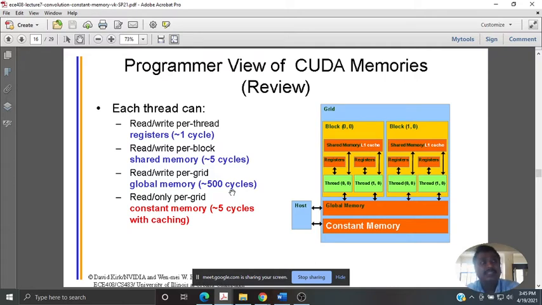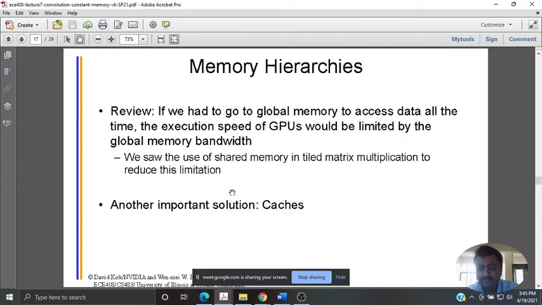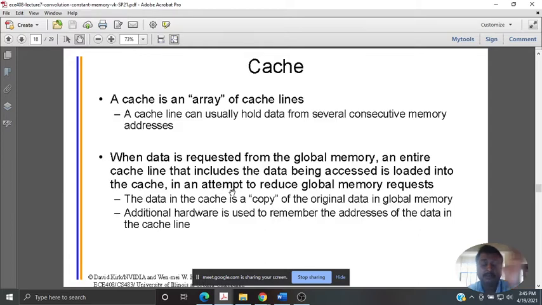That is not seen in CUDA memory with respect to the convolution kernel, because as we have stated, both the input as well as the convolution mask are not changing. Whatever are constants, you can keep them and go on computing the output elements. So memory hierarchies were stated about caches, and what is the difference between cache and shared memory and constant memory? That's what is followed in these slides.